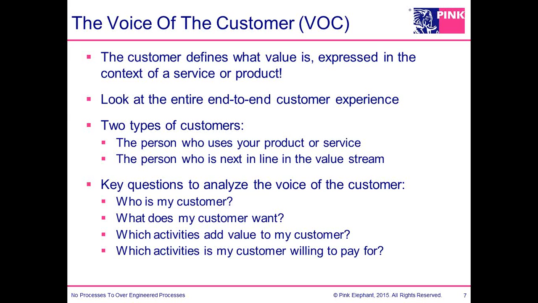I double, triple asked them, how many times, I don't know, but are you sure that they're the customer? And absolutely, they were sure. So they wanted to do a quick win. They did a service catalog. The service catalog was produced. They got it checked off as a quick win. And then they actually spent the next 8 months doing the service catalog, because no matter how often I asked and tried to sway them into a different view of who their customer was, they looked at it from an internal perspective, that they were an infrastructure group and their customer was the development group. You can have that relationship, but what they were really trying to do was get that true end customer that uses this company's products and services on an ongoing basis.